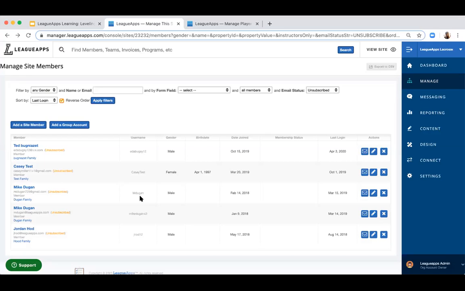But we do find some confusion sometimes that some people use LeagueApps to send marketing emails, but as I touched on, there's a lot of important automated emails and program payment specific emails. If someone unsubscribes from your account, it unsubscribes them from everything. So someone may get a marketing email from you and unsubscribe and then not realize that they also unsubscribed to the payment reminders and things like that.